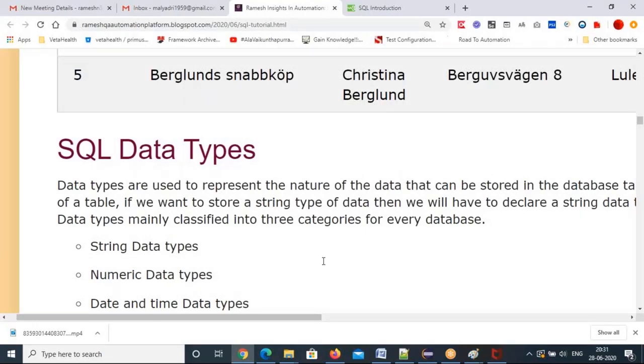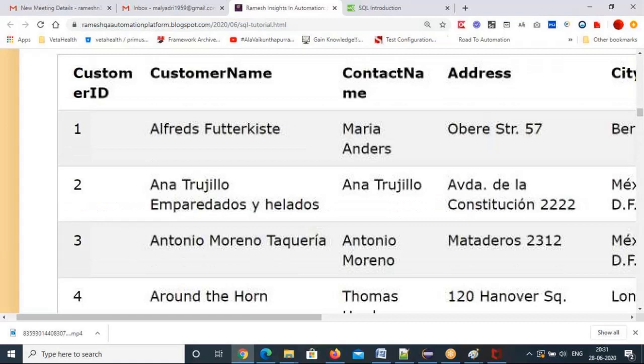When a record is created or updated, you have separate columns like created date and updated date. Otherwise the tracking is very difficult. If you don't have those columns, it's difficult to maintain the data.